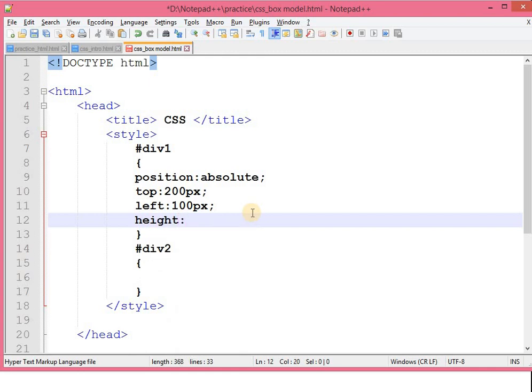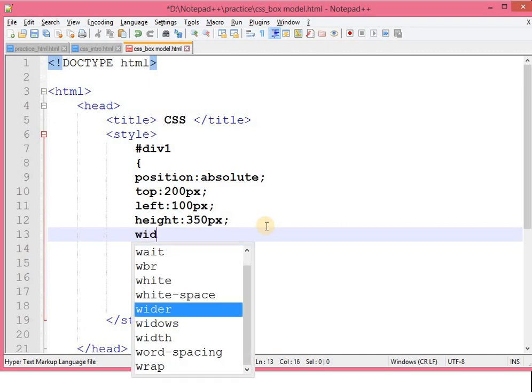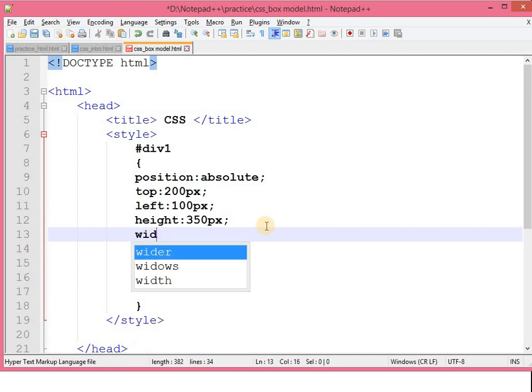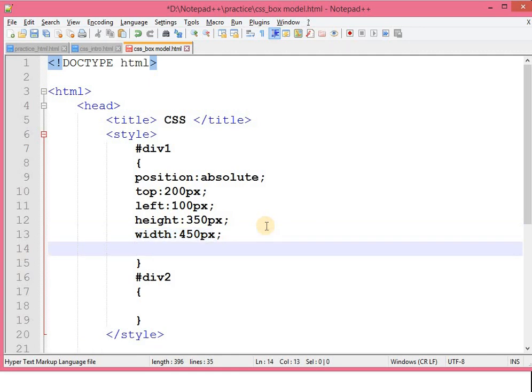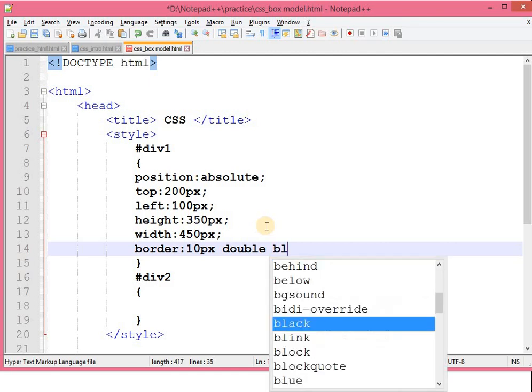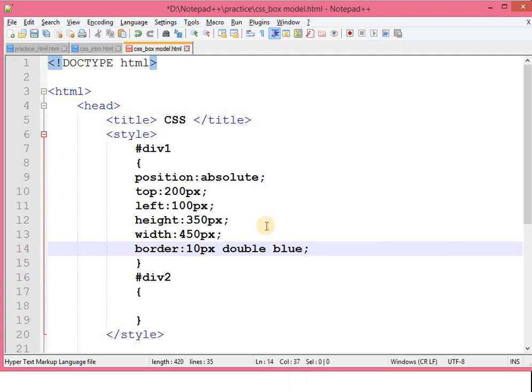Height is, let's say, 350 pixels, and width is 450 pixels. Now I want to set the border. The border is 10 pixels wide, of type double, and the color is blue. So this is the border.